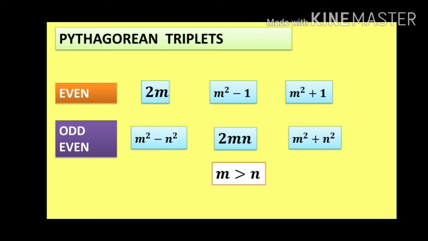You just have to form either the sum of the squares or the difference of the squares, because as they are Pythagorean triplets, they will be either the sum of the squares or the difference of the squares. If it is the hypotenuse, the longest side, it will always be the sum of the squares. If it is one of the smaller ones, it will be the difference of the squares. So both of the methods can be used to construct Pythagorean triplets.